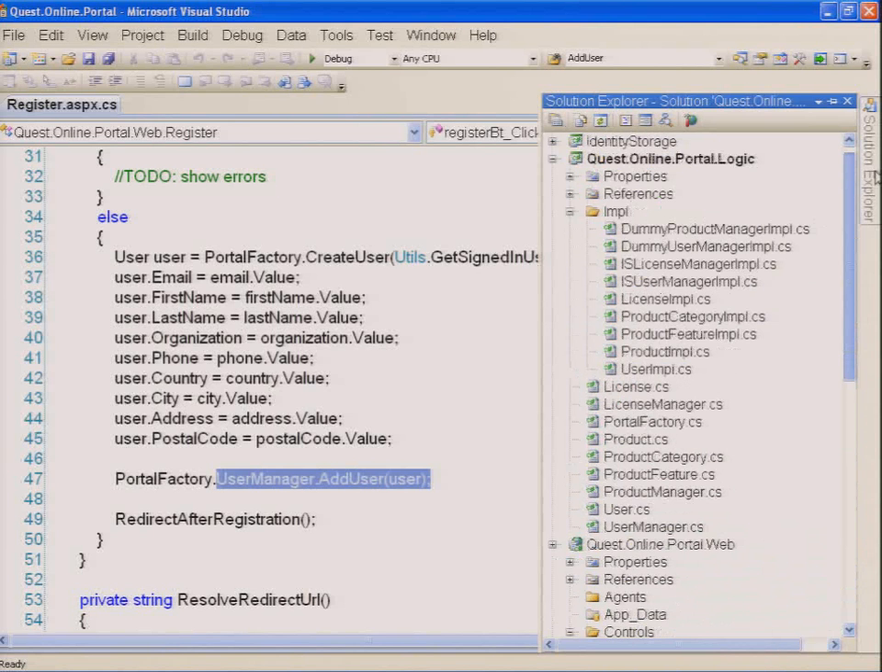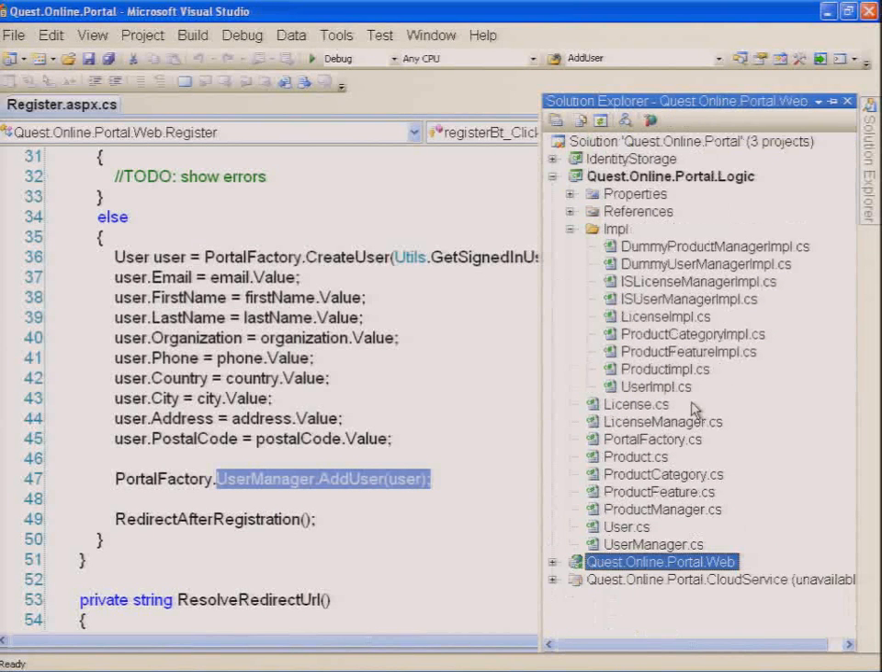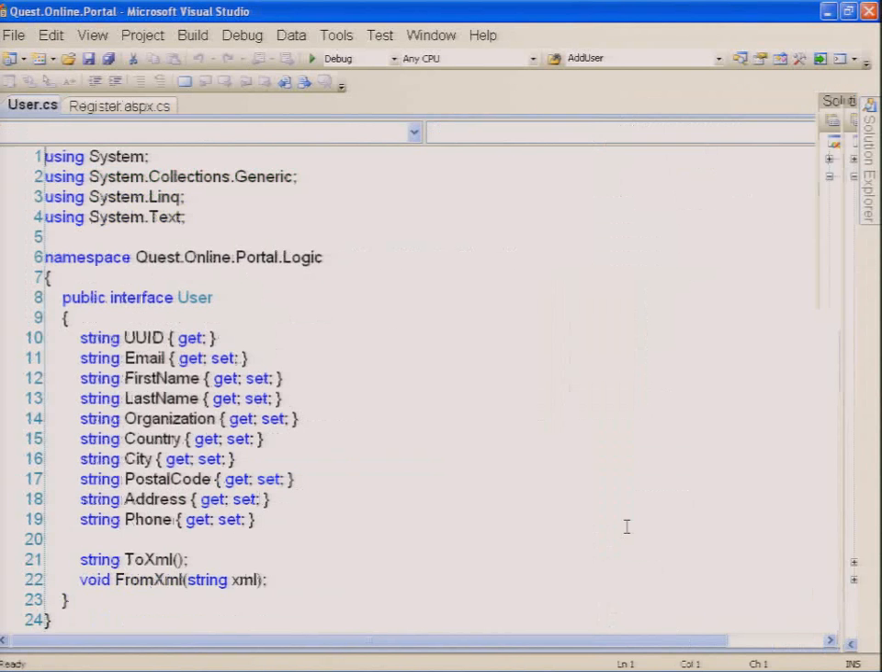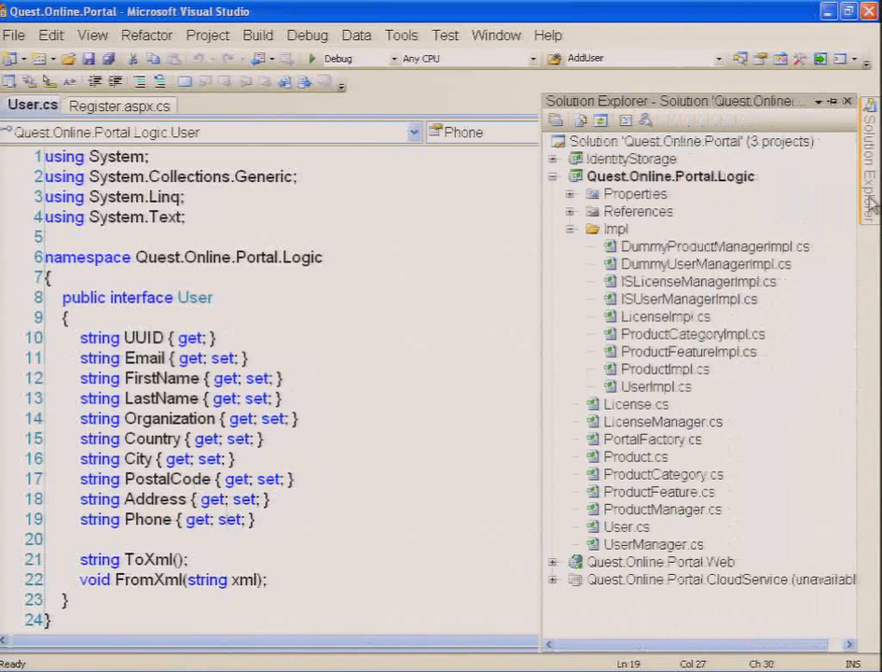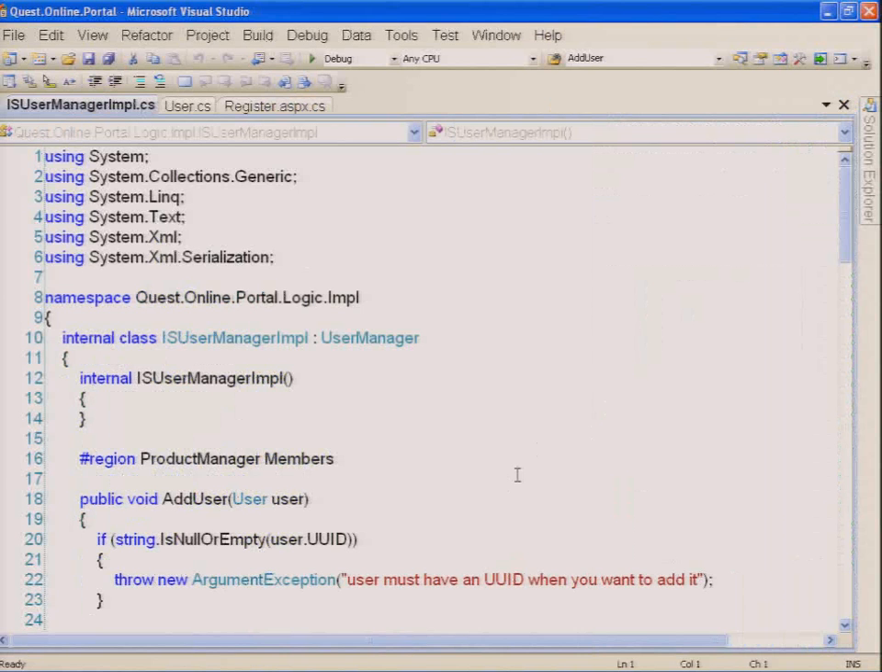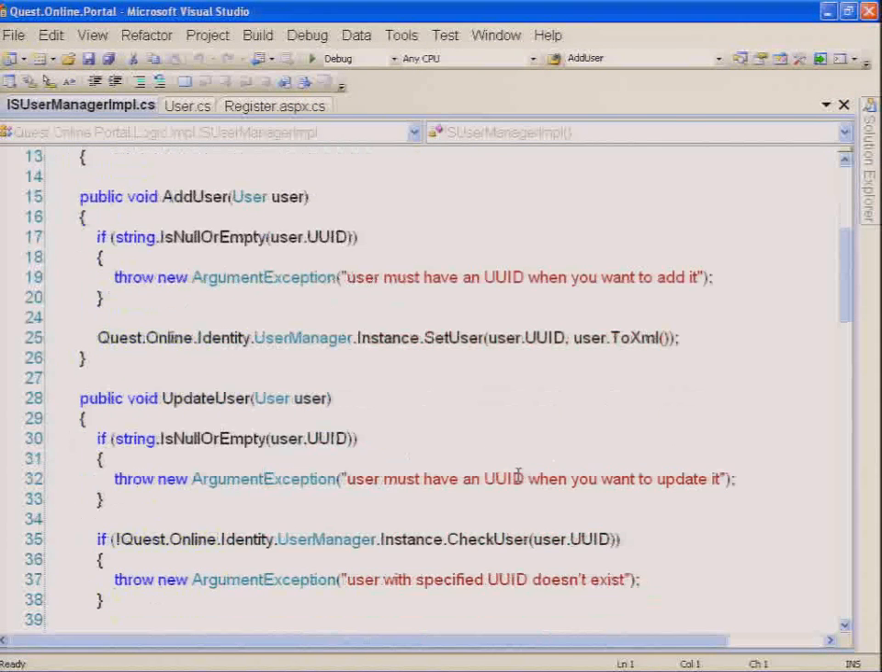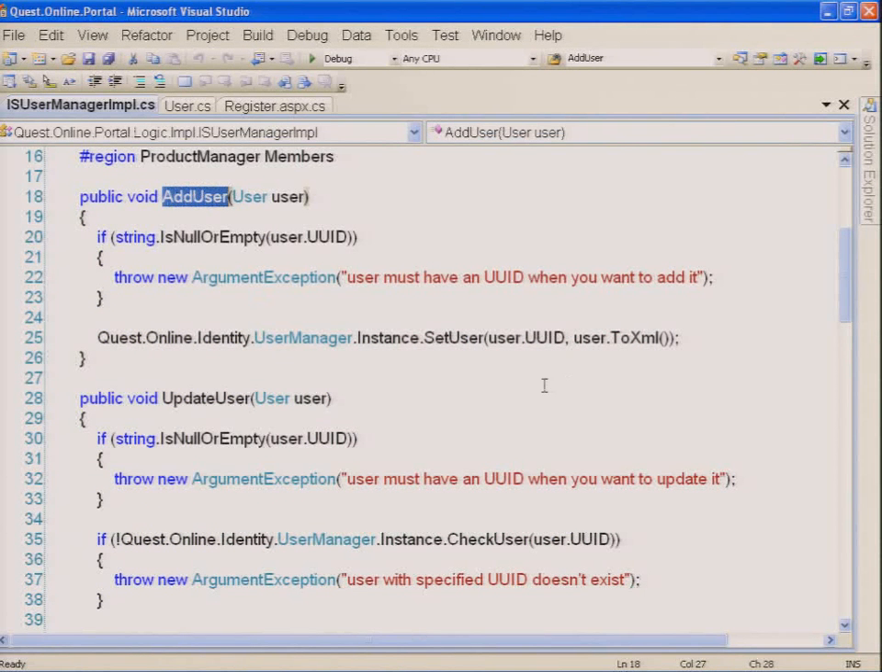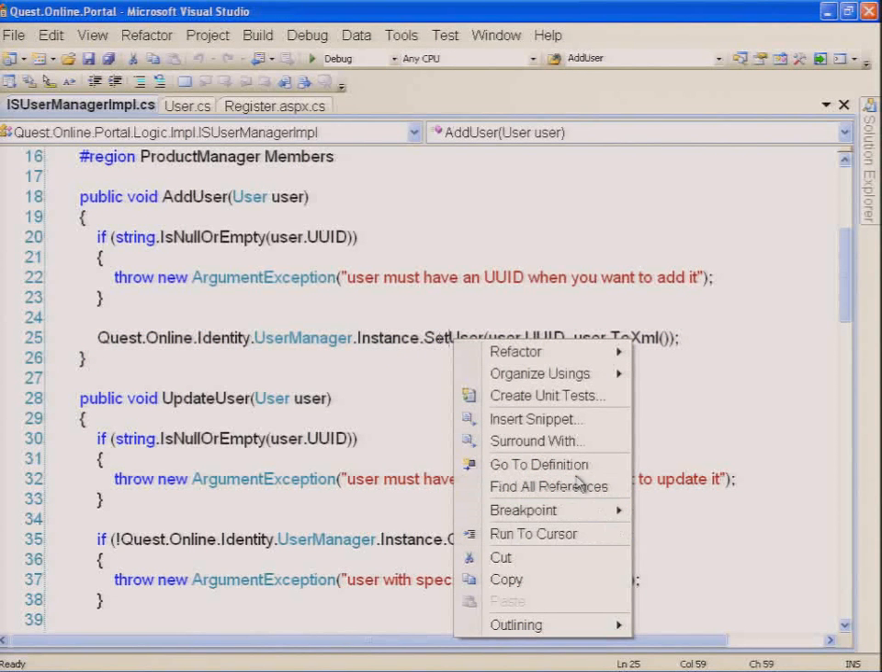So if we go into the portal logic, we can see here's that user class, very straightforward, just a bag of properties. And here's the actual user management class that needs to provide you with the ability to write data into the Azure table and persist it there. And AddUser is the method that we were calling from register. As you can see, basically it passes the call to our wrapper against the table,